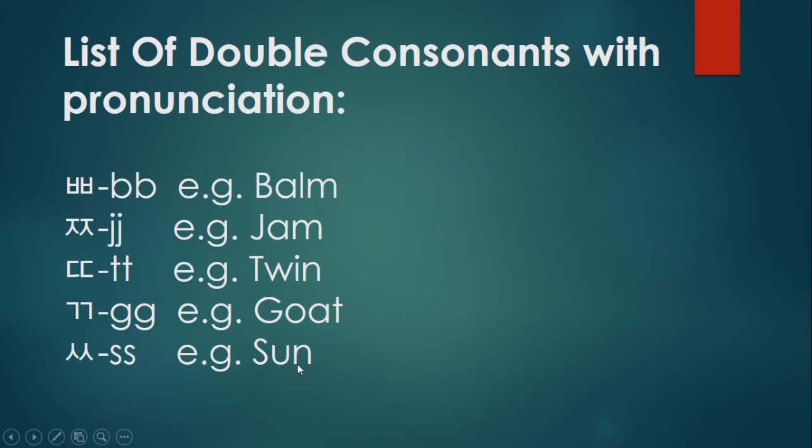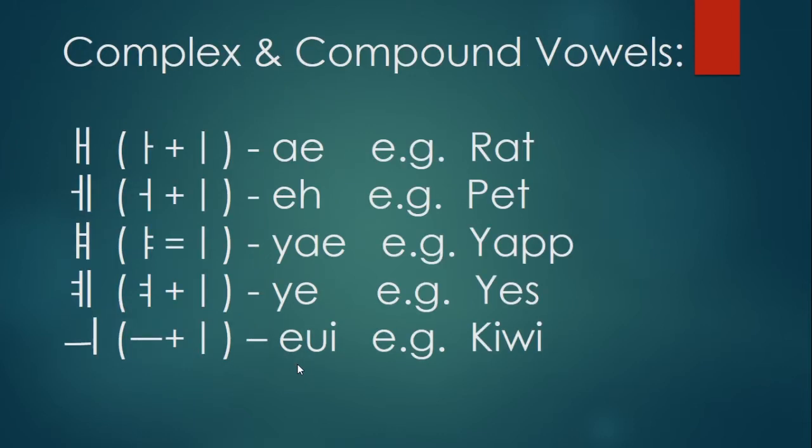Along with these double consonants, there are some more complex and compound vowels in Korean. Here is a list of those. For your better understanding, I have broken down the complex or compound vowels. See, a, like in bread. A,